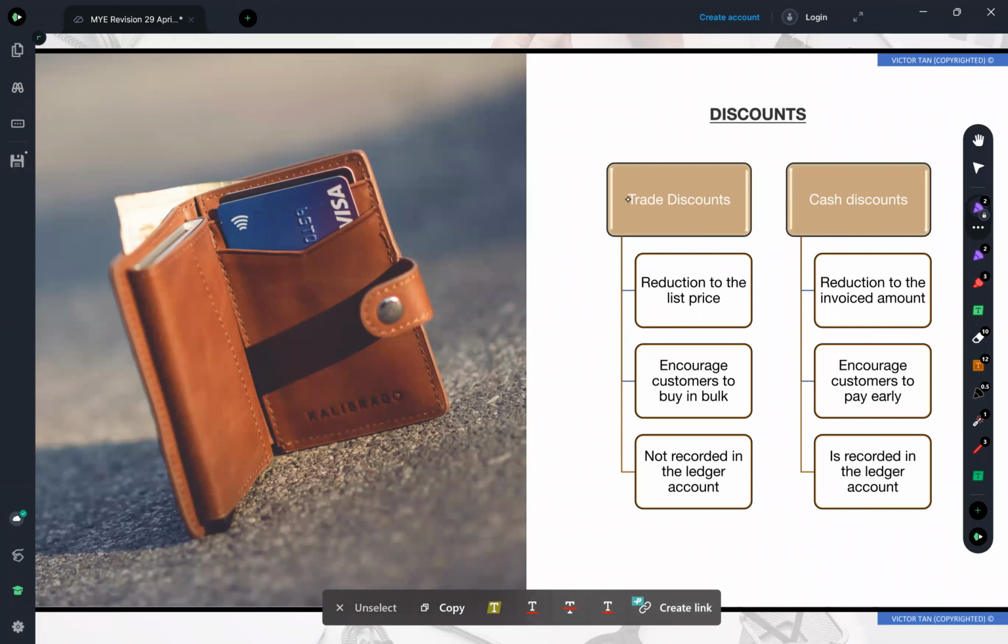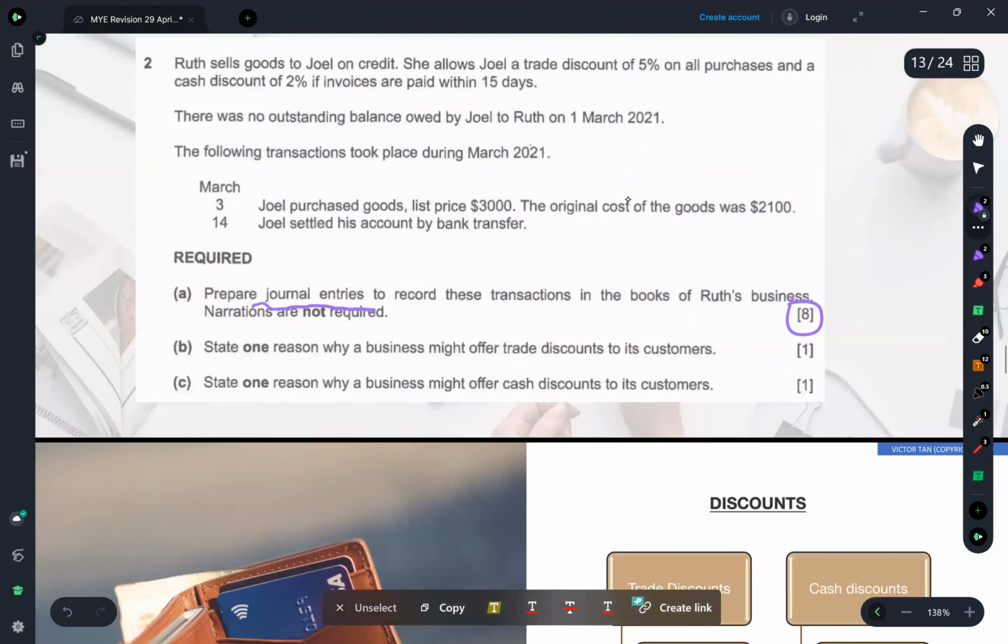So there are 2 kinds of discount for POA, trade discount and cash discount. That's what we'll learn. A trade discount is a reduction of the list price, while the cash discount is a reduction of the invoice amount. I know it sounds a little bit complicated, but you need to know one thing, because you see in part B and part C,